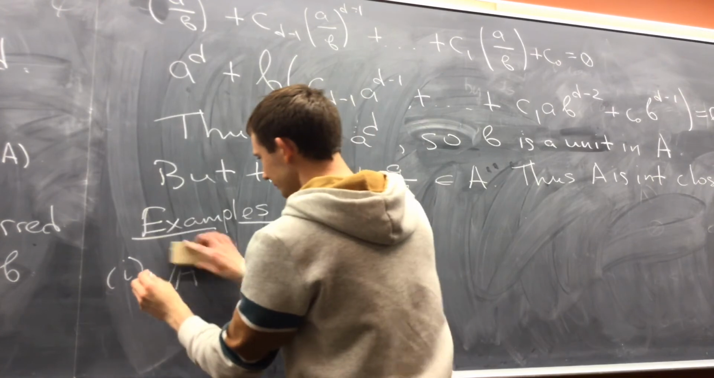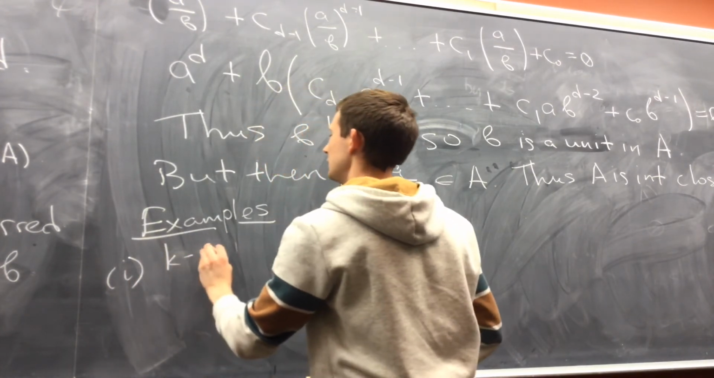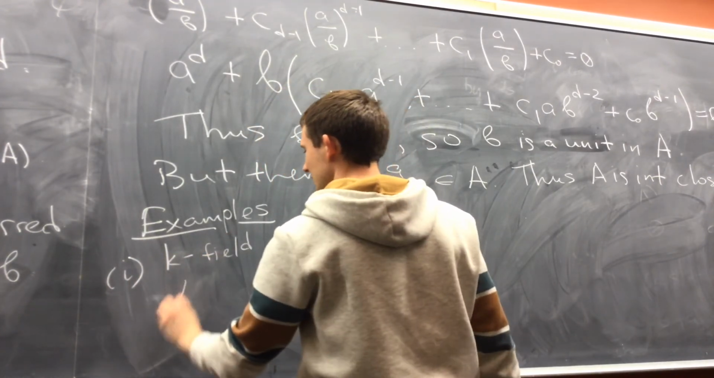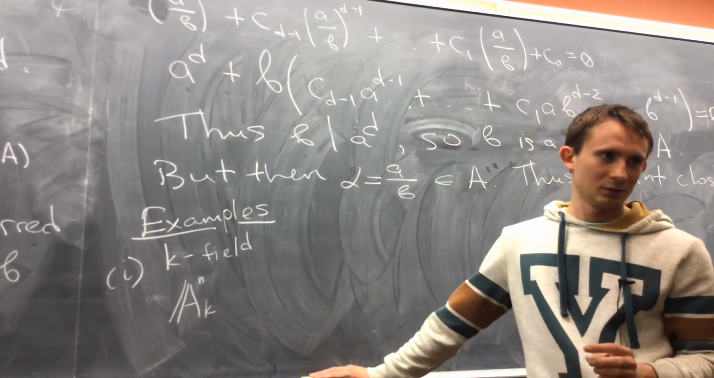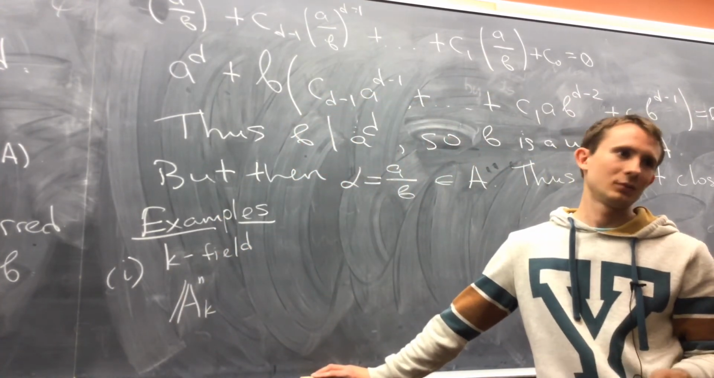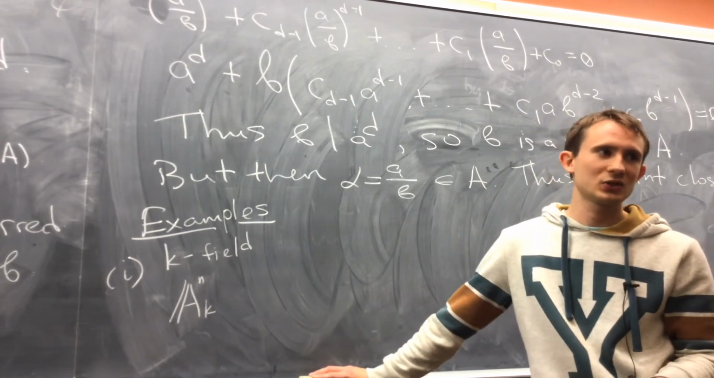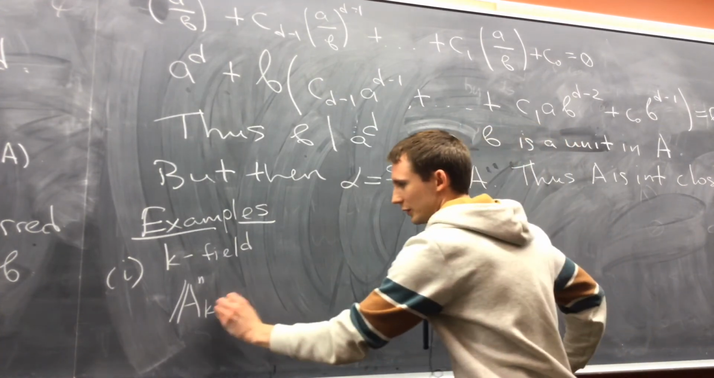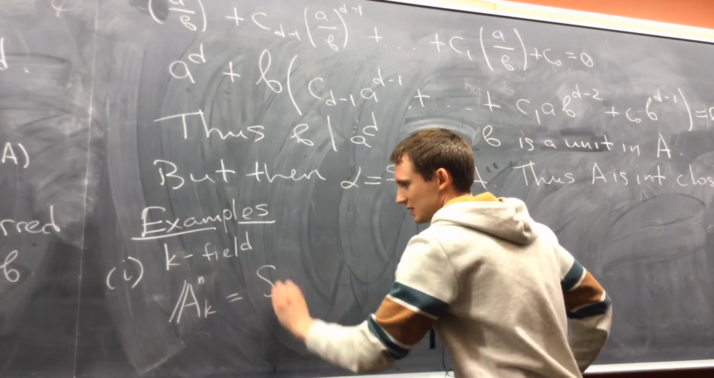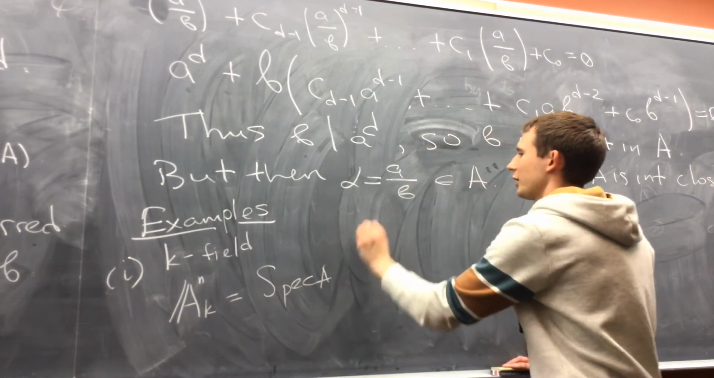So let K be a field, right? So K is a field. And the question is: is the affine n-dimensional scheme factorial and normal? And the answer is yes, it is. Why is that? All right, if you recall what this is, actually, this is just Spec A, where A